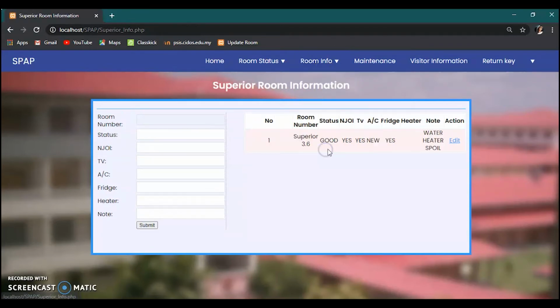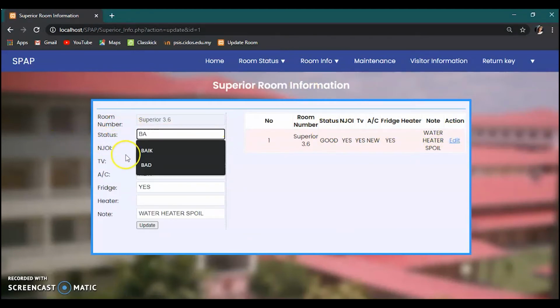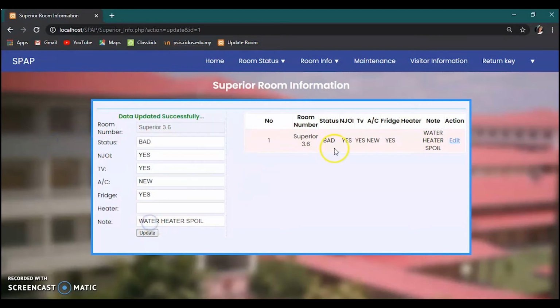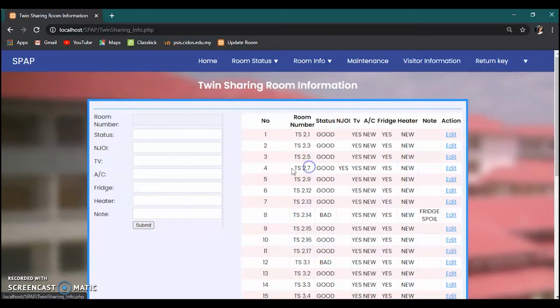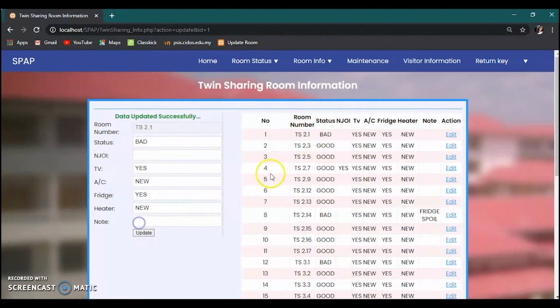Then superior, also the same, I update the status as bad, it will update here. And lastly, twin sharing, I update this room status as in bad condition. So now it is in good. Once I click on this update button, it will automatically change to bad.